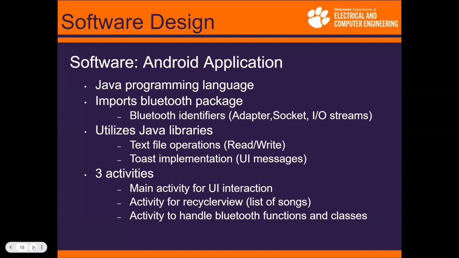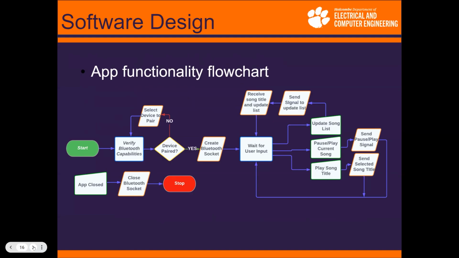The main code was broken into 3 activities. One was for handling the UI interaction between the user and the app itself. Another was for the recycler view, or the list of songs, and then another to handle the Bluetooth functions and classes between them. For the functionality of the app, we make sure a device is paired to the phone,